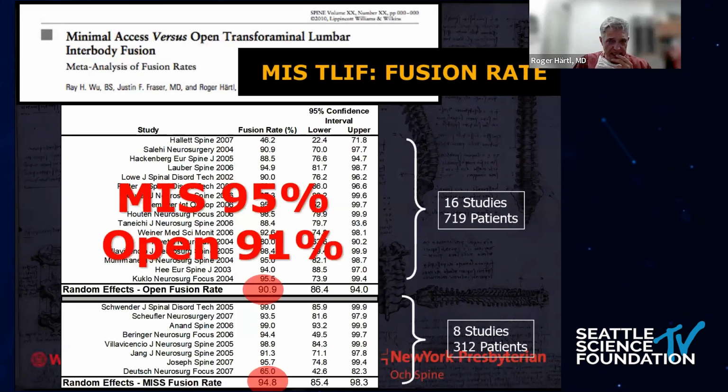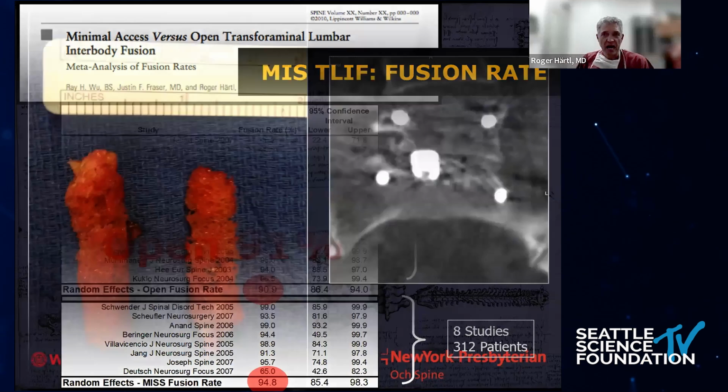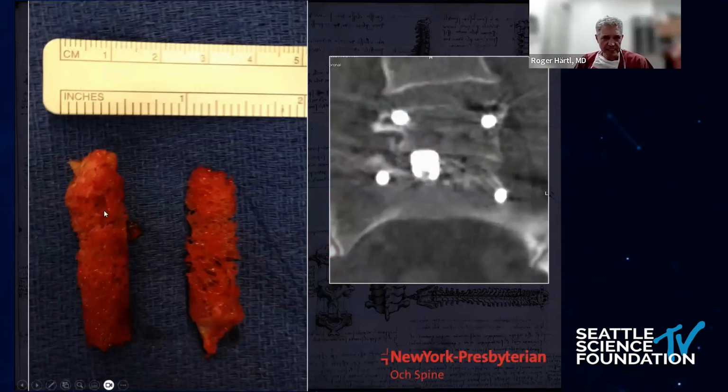Now, this is the paper that I mentioned before. Even 13 years ago, if you looked at the published results, the fusion rate with MIS TLIF was 95%. However, about 50% of these authors used BMP, and I think that it is not necessary to use BMP in every patient if you prepare the end plates, use autograft bone, and really spend a lot of time with the discectomy. I sometimes use iliac crest bone in these patients, but I always use autograft bone from the facet joint.